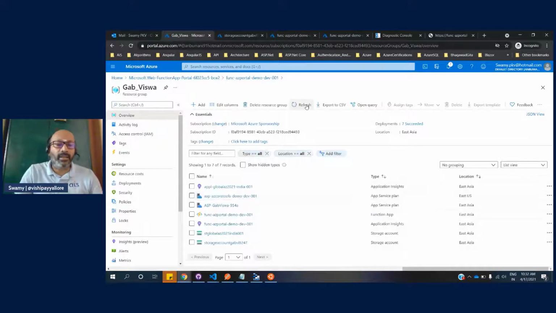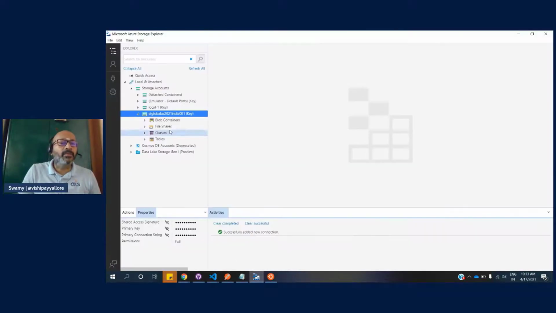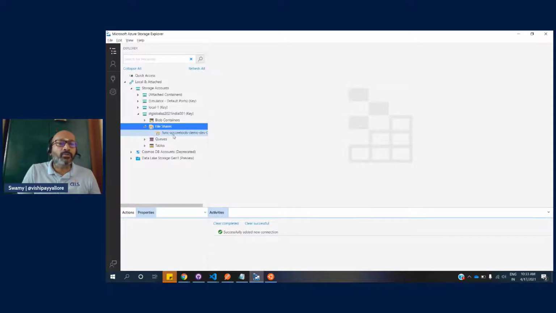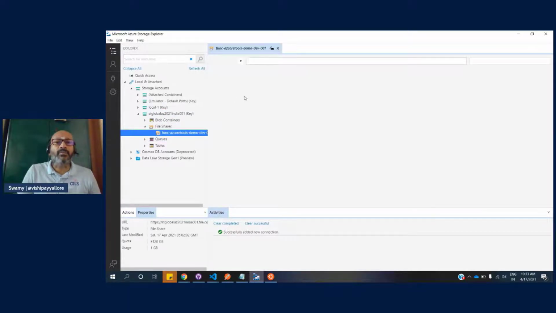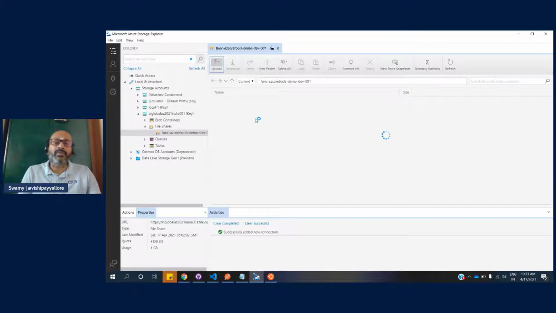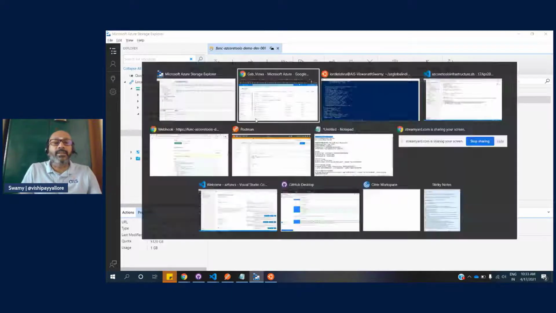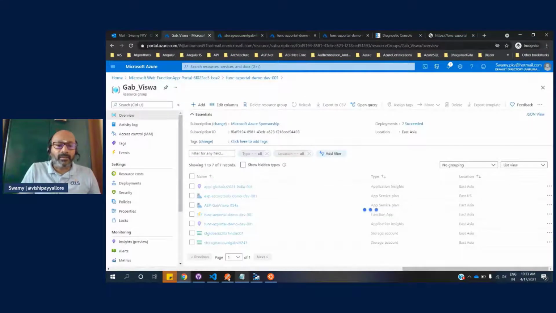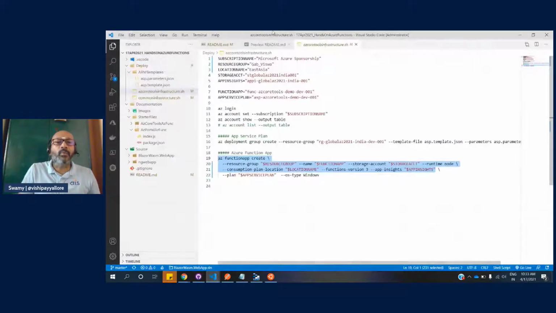So without any further delay, let's go ahead and start. So this is the Azure Function App which we created, and cool. So we can come back here to the storage, and we can verify the Azure file share, whatever we have seen in this one. So let's not waste time. I just want to show you that whatever we have in the portal, we can see it here also. Okay, now that's done. So let's come to the second demo.